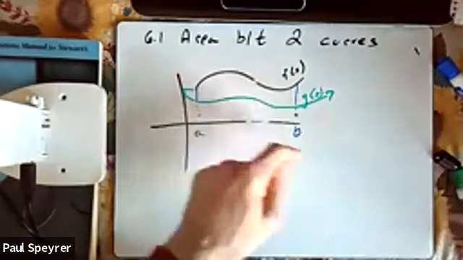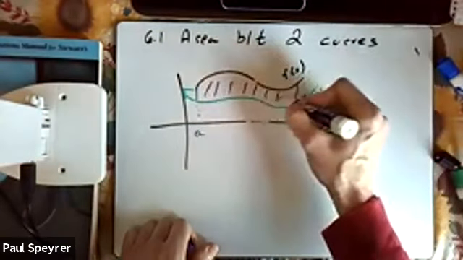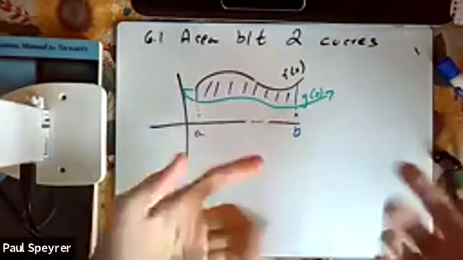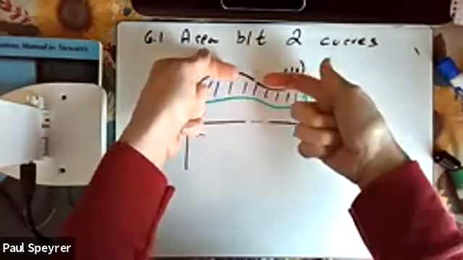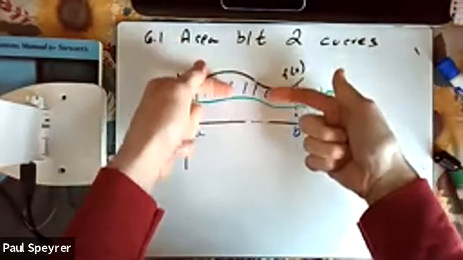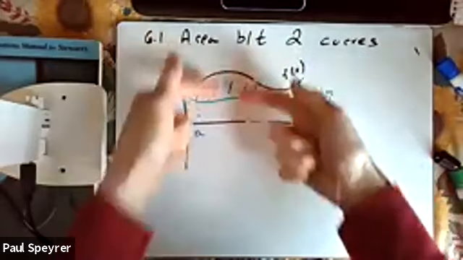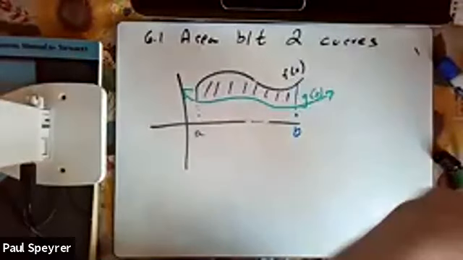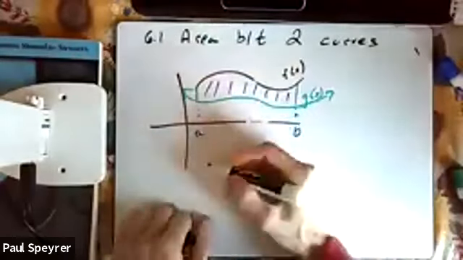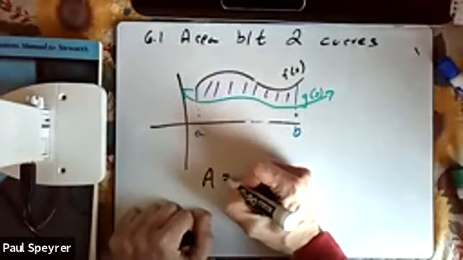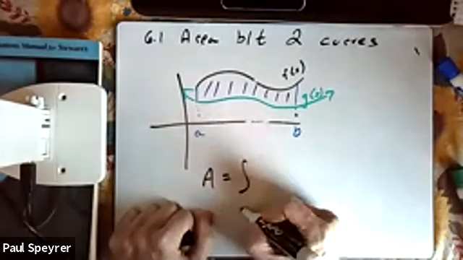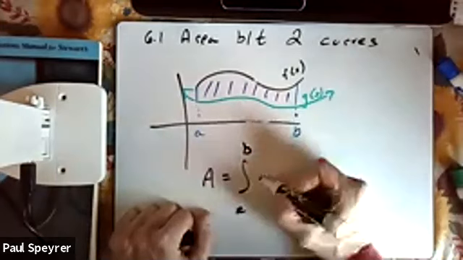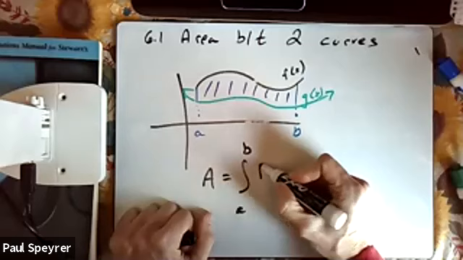But what about if we wanted this stuff in between, right? That would be the area between the two curves. How will we do that? Well, if you found the area of f of x and you subtracted from it the area of g of x, what would be left over? The purple stuff, or the area between the two curves. Now, how will we write that? Well, the area, I'll just call A, from A to B in this case, would be the integral of f of x minus g of x